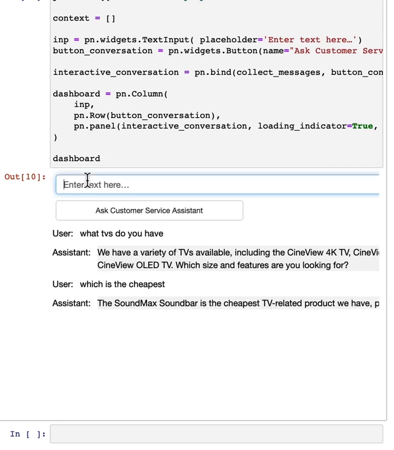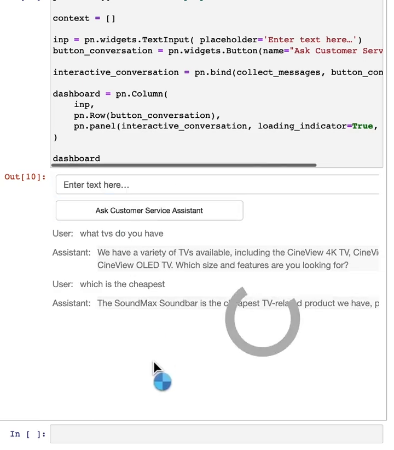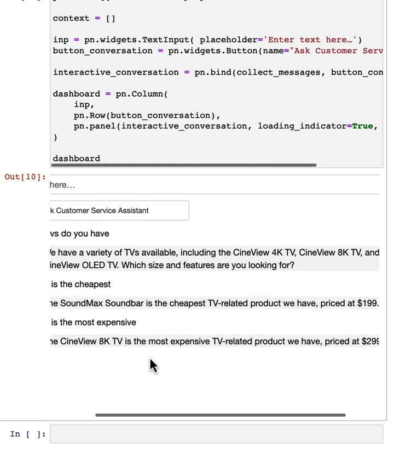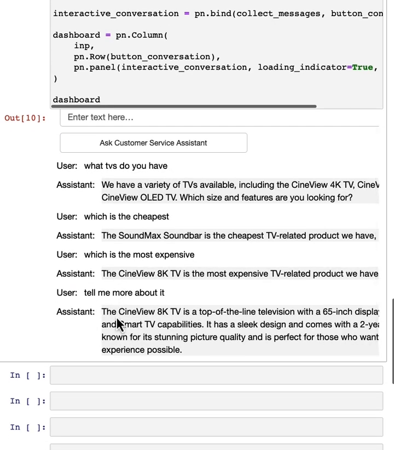Interesting. Let's see what the most expensive is. So the most expensive TV is the Cineview 8K TV. So let's ask for more information about it. Tell me more about it. And so we've received some more information about